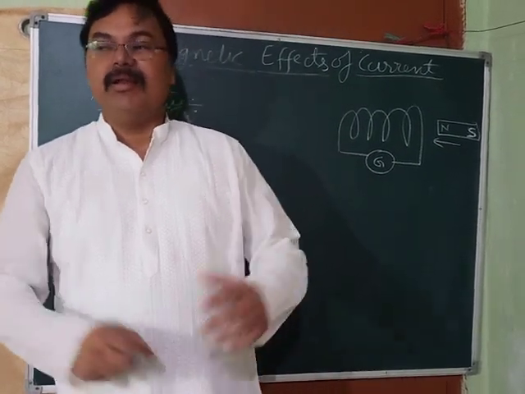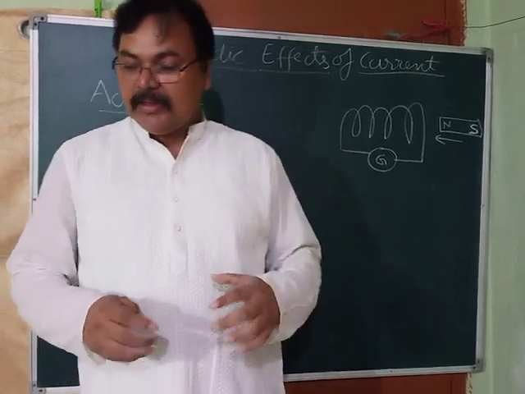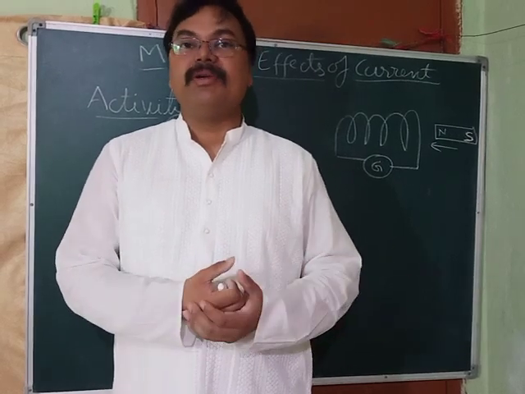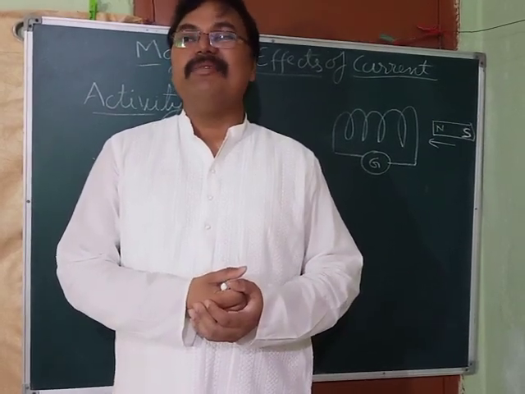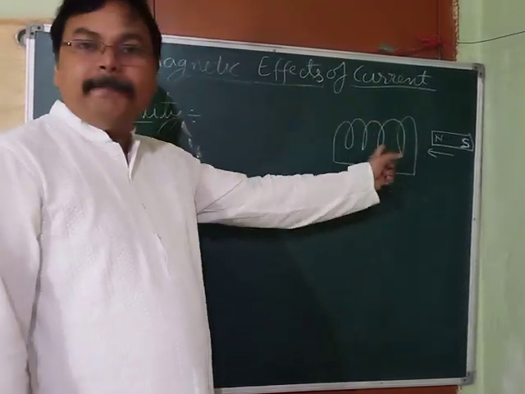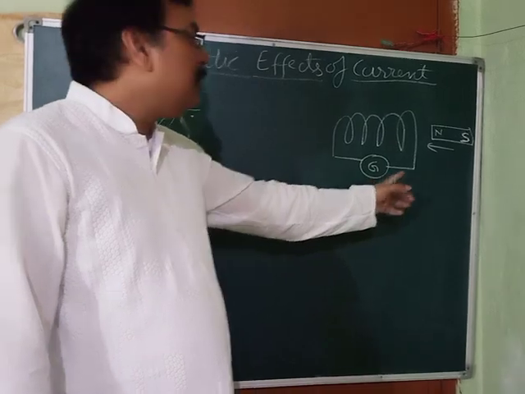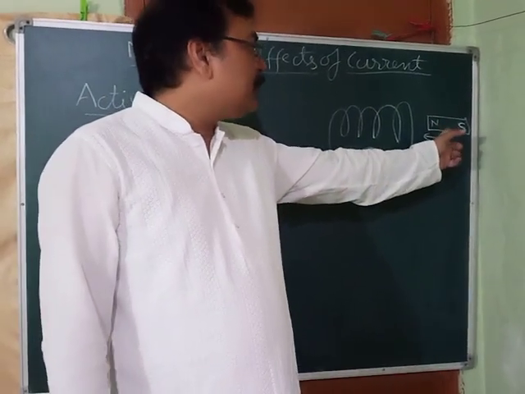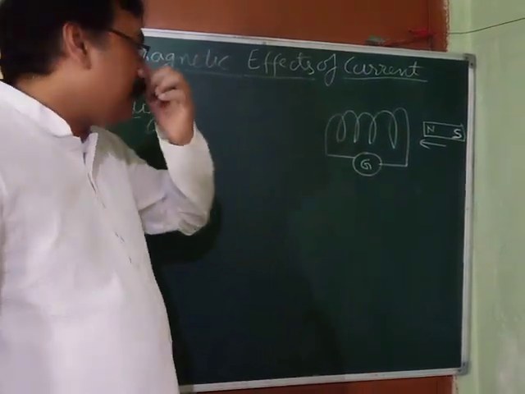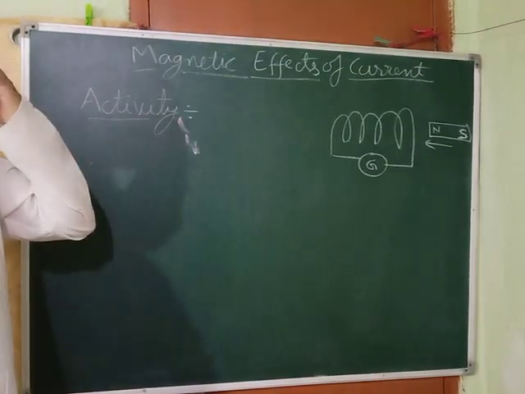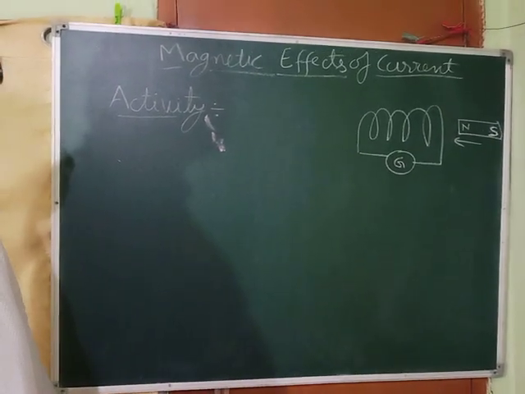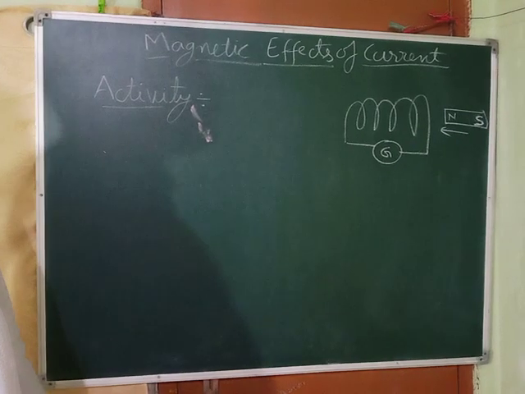See, actually, in the last class we have discussed electromagnetic induction, and how it happens. Now today we will discuss an activity on that. In this activity, there is a coil connected to a galvanometer, and there is a bar magnet, whose north and south pole are marked, and it is being moved towards the coil. So you just draw first and then we'll start writing. Draw this. Drawn. Okay, now start writing.